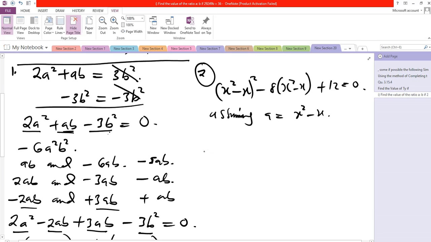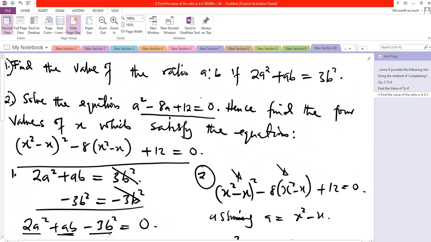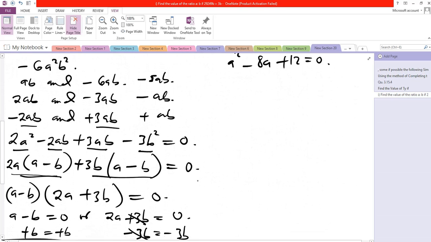Now if you substitute x squared minus x as a into this equation, anywhere you see x squared minus x, you put a. So if we do that, you have a squared minus 8a plus 12 equal to 0. If we look at this equation, it is the same as this. So what we're going to do now,